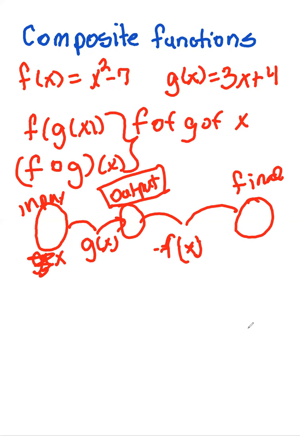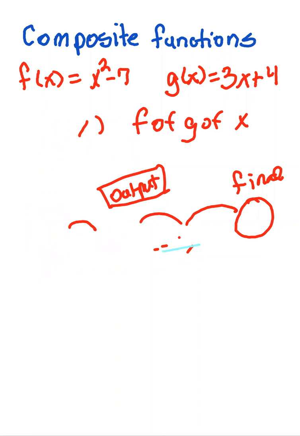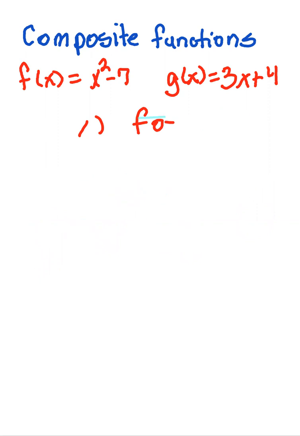Okay, so I know you guys have done this before, so I don't want to take a lot of time talking about that piece of it. I want to just remind you of how you would work some of the equations if you were just doing a composite function. So let's say that I have the two functions listed here. f of x is equal to x squared minus 7, and g of x is equal to 3x plus 4. If I wanted to find f of g of 3,